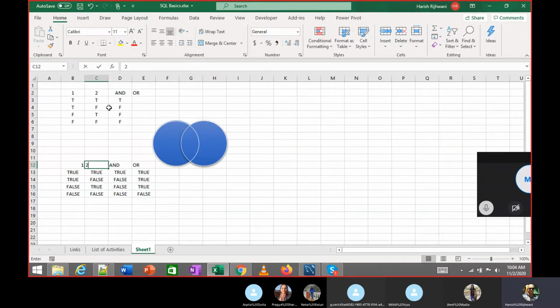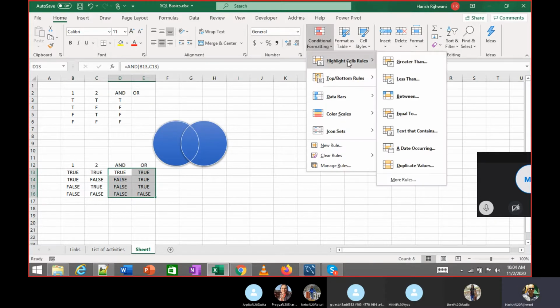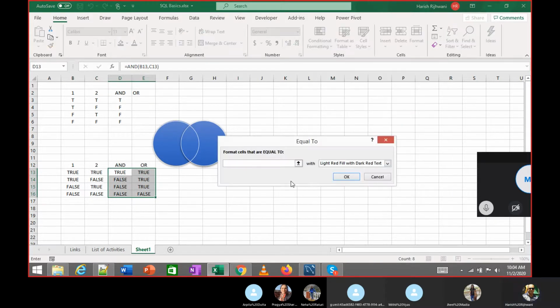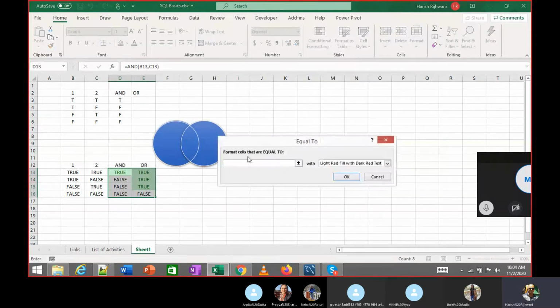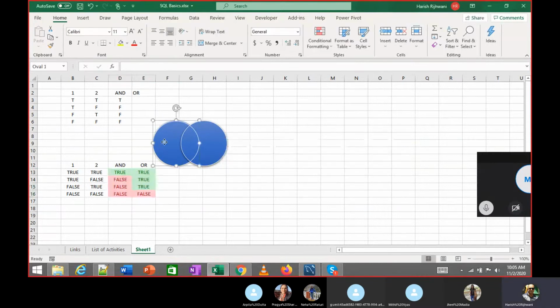This is my first condition, this is my second condition. Wherever there is a true, I'll do conditional formatting and mark it as green. Whenever both the conditions are true, in case of AND, the output is going to be true.